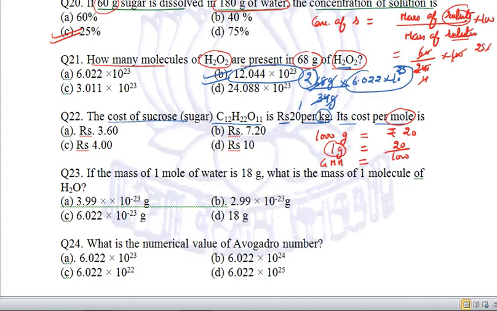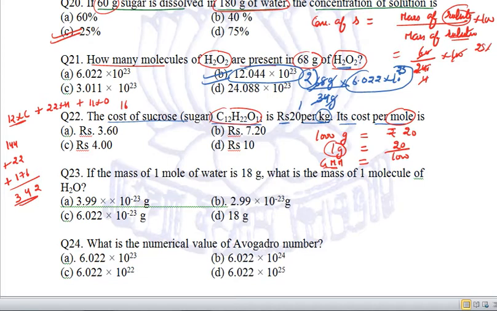So we need to calculate the gram molecular mass, which is 12 into carbon plus 22 into hydrogen plus 11 into oxygen. 12 into carbon is 12 into 12, 144, plus 22 into hydrogen is 22, plus 11 into 16 is 176, right? So adding them up we will get this to be 342,